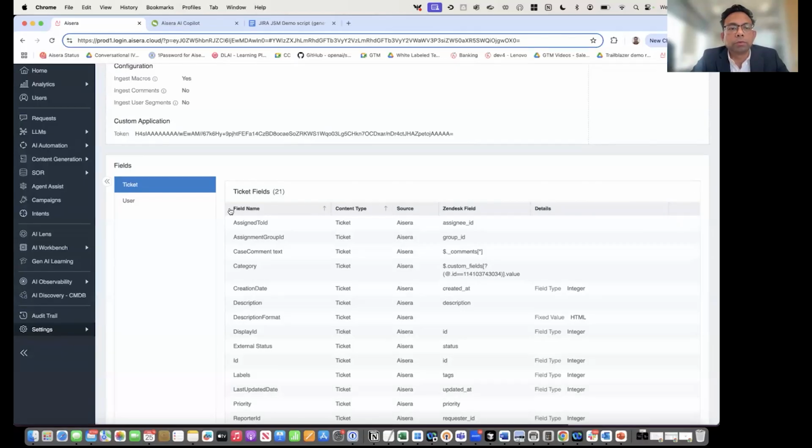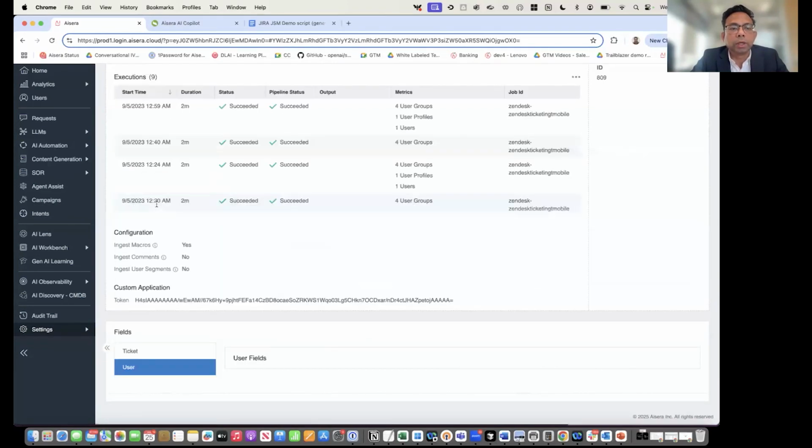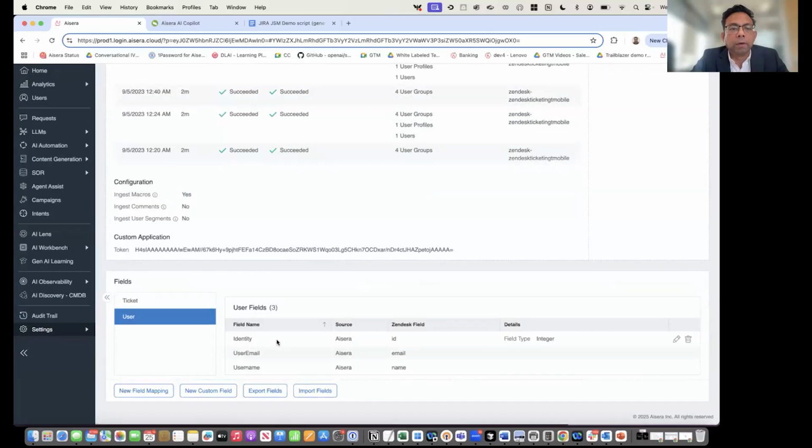Mapping of the fields from Zendesk into Aisera, which happens out of the box. And there can be multiple entities that can be ingested. In this case, I'm ingesting the Zendesk tickets as well as the Zendesk users. Now, here's the other interesting thing you see, and this is going a little bit into the weeds here, but